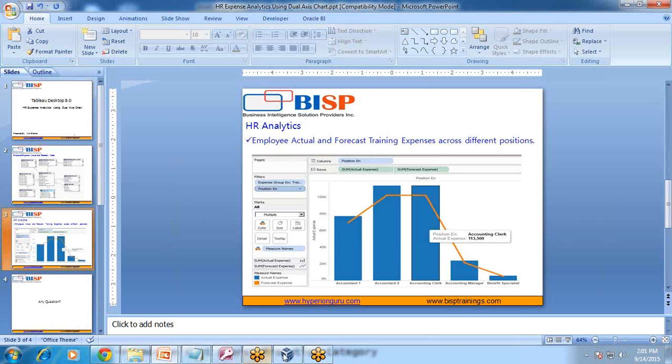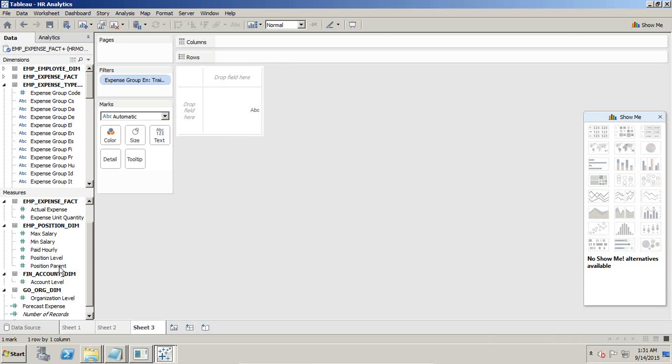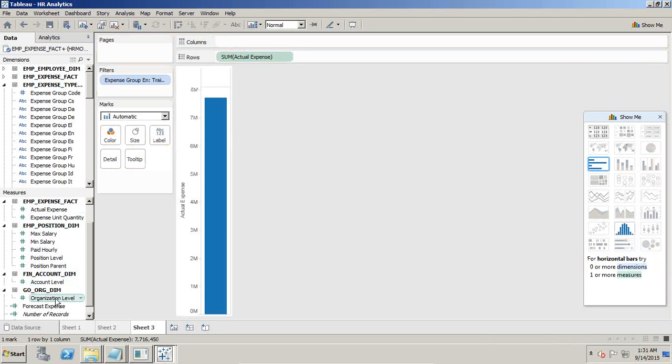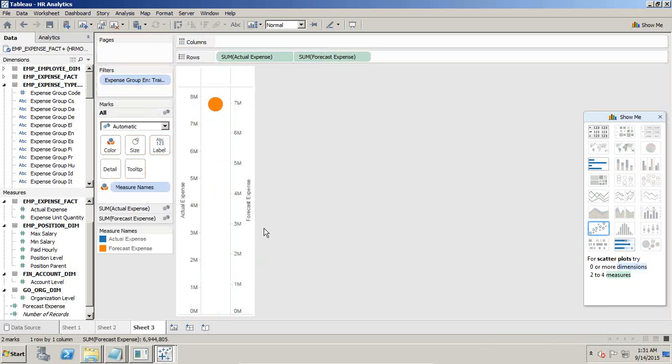In rows I apply actual expenses and forecast expenses. Actual and forecast expense I want to place in a single axis, so I drag and drop them over here. So I got two measures, employee expense and forecast expenses, across all positions. Position information you can find over here, position lookup.